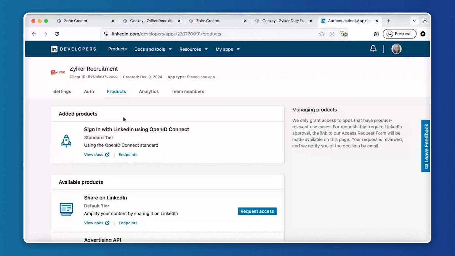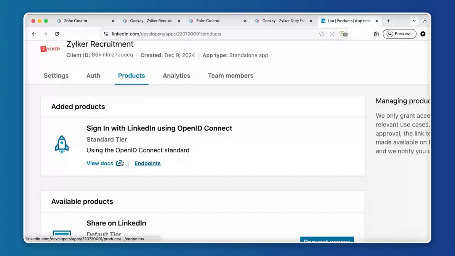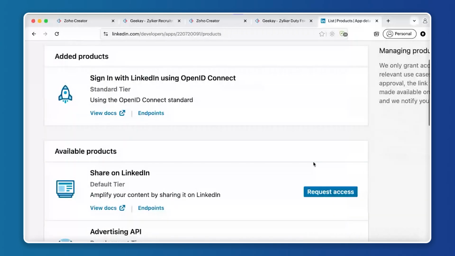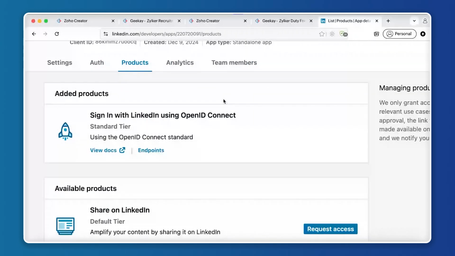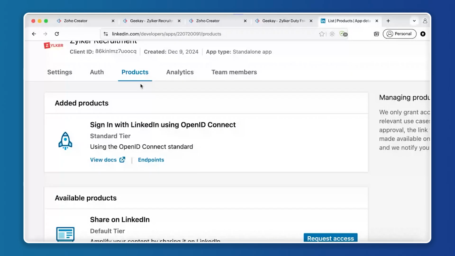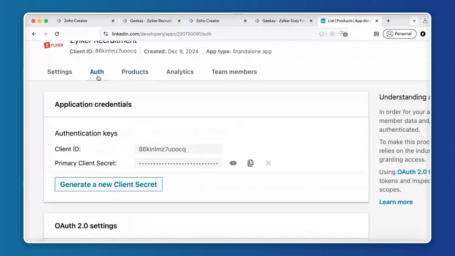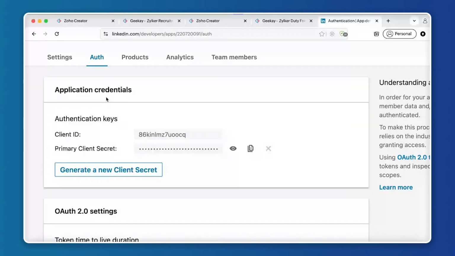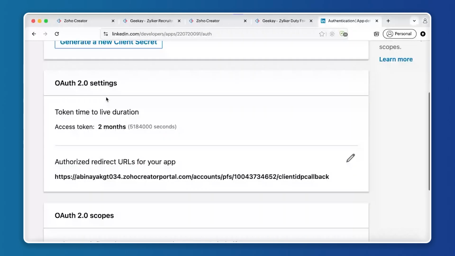So once it is done, there is a tab called products. Sign in with LinkedIn using OpenID Connect. Choose this as a product. Once you give the request, this will get added to your products. And then you can have your team members added as well. And as a third step, you have the auth option. Under this auth,